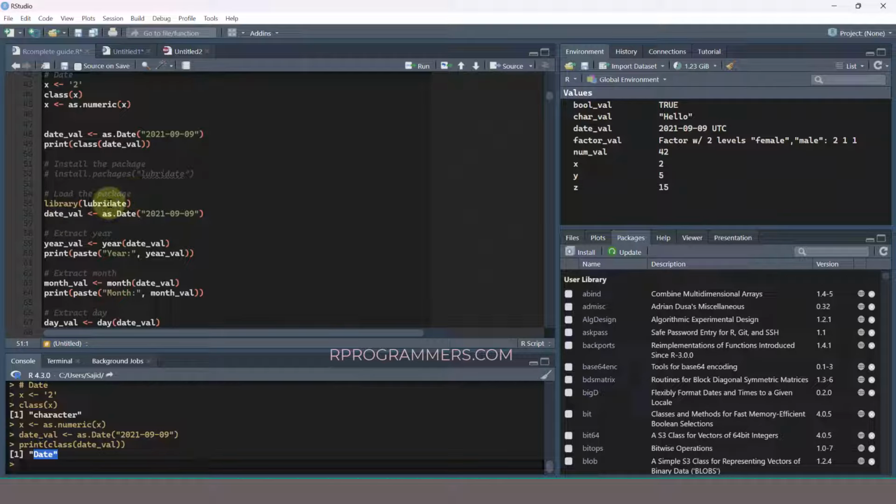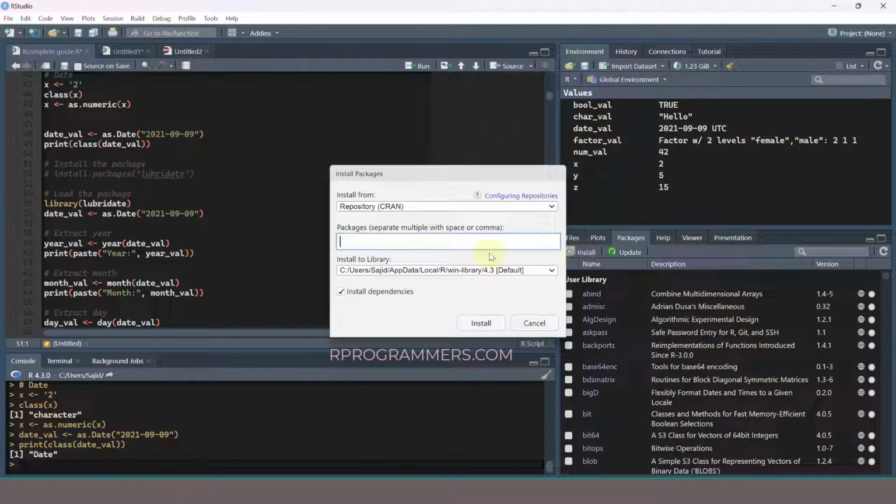In that particular case, we're using lubridate. If I want to import that package, I must install it first. It's a one-time process. You don't need to do it every time. You just need to install it the first time, and after that you can just call library(lubridate) and it will work. You will come here to install and write the name of the package,